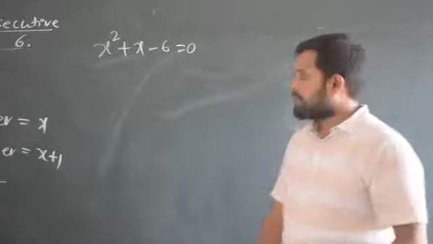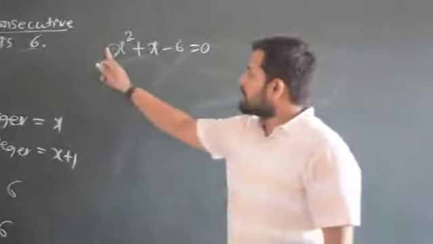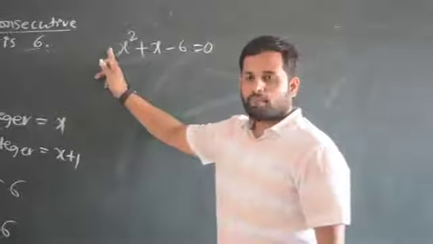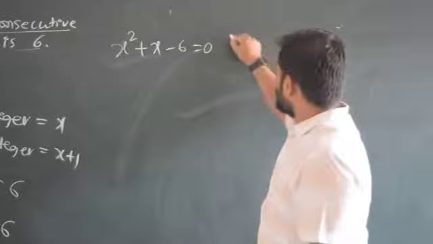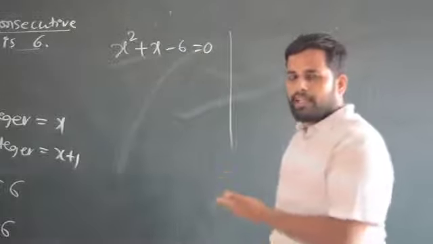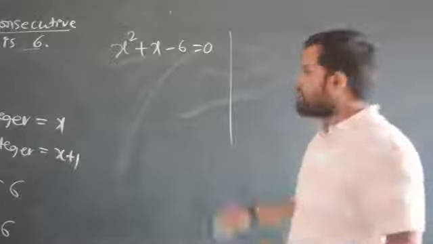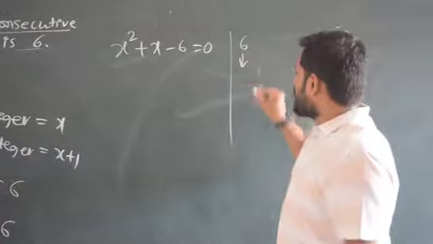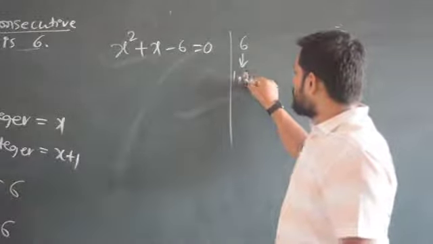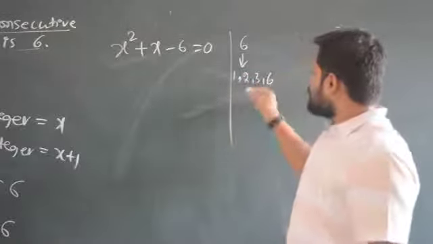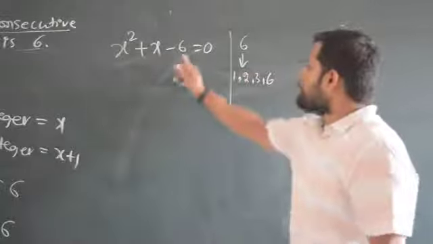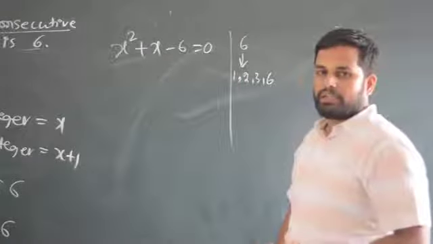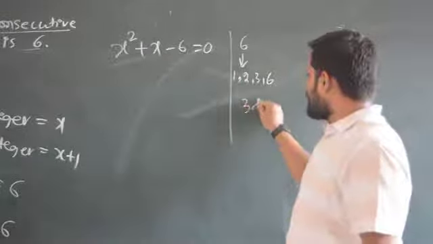Are you getting my point? You know the method of factorization, no? For example, 1 is here. 1 into 6, actually it is minus 6, remember that also. So, I am going to solve this for you, very simple, right? Complex also will handle, no need to worry about that. So, 6 means, what are the factors? 1, 2, 3, 6. In that you have to choose two numbers whose sum is going to be 1 and whose product is going to be minus 6. So, that is like a 3 and minus 2, no?